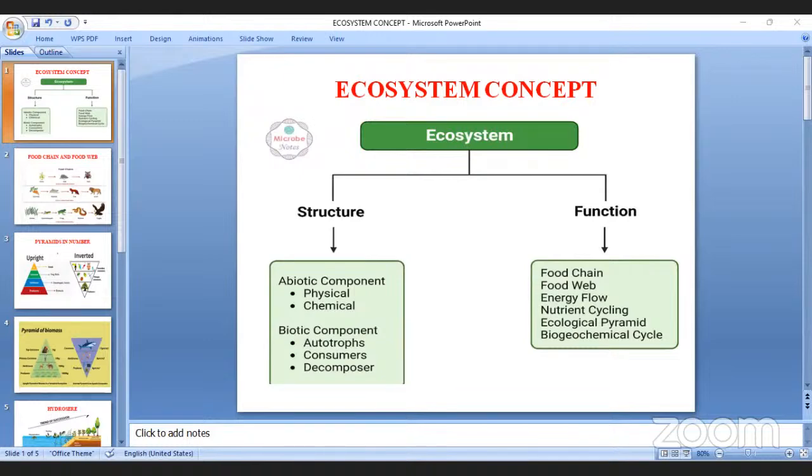The topic is ecosystem. Ecosystem means,